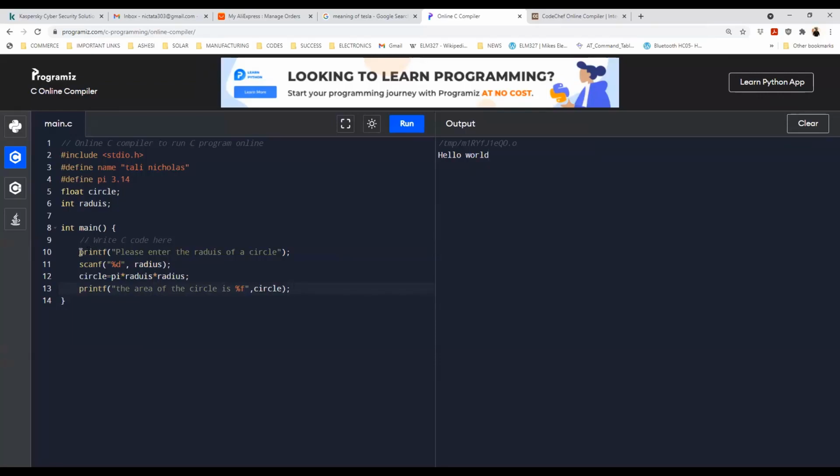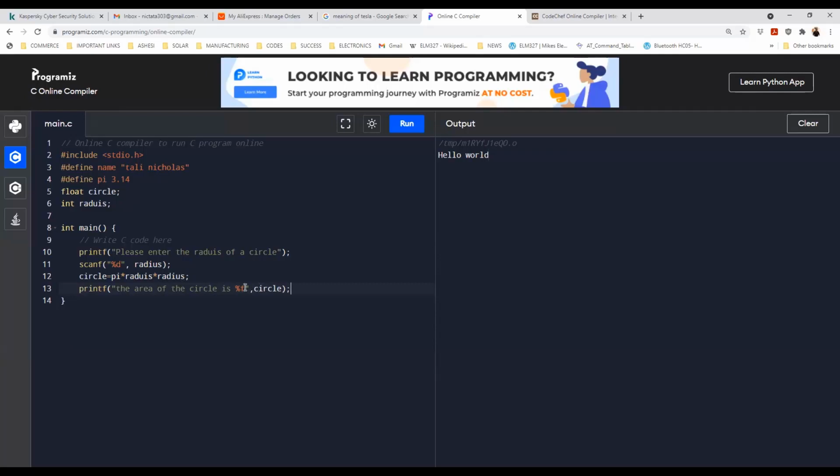Then I prompted the user on line 10 to enter the radius of a circle. After that, I used the keyboard to read the radius that the user has entered. After that, I equated the variable circle to pi, which is a constant I had declared at the top, times radius times radius. After that, my goal is to print the value of the